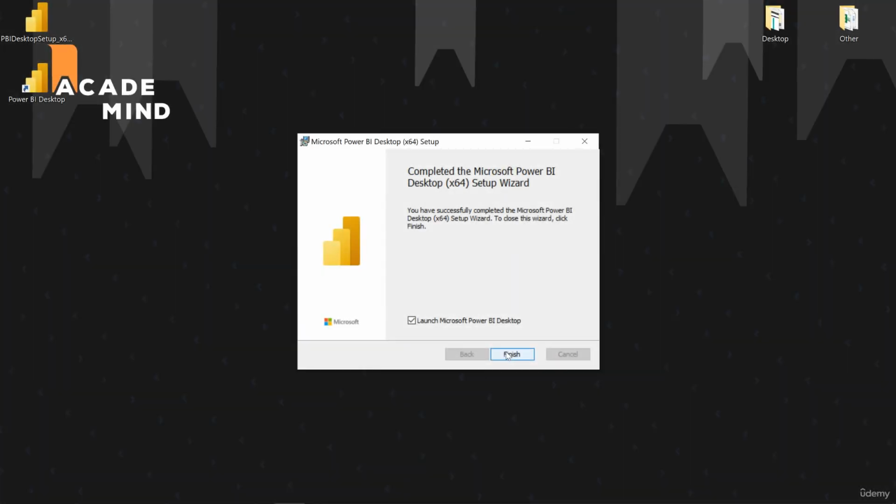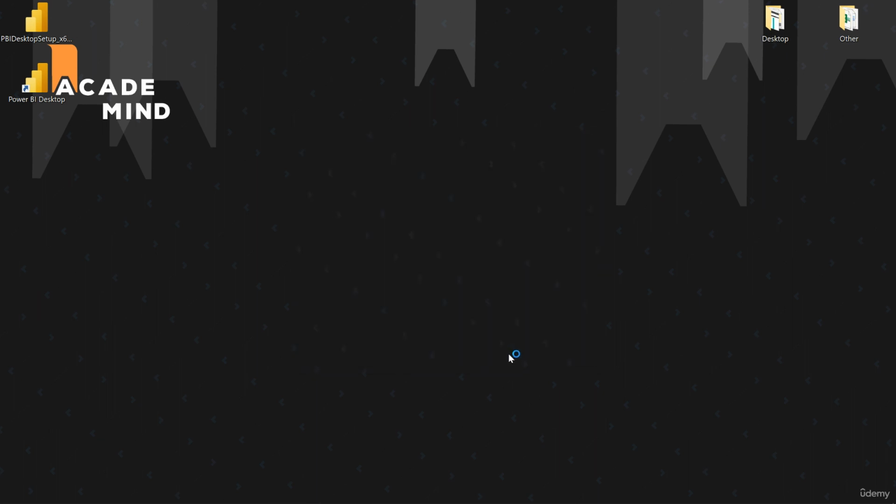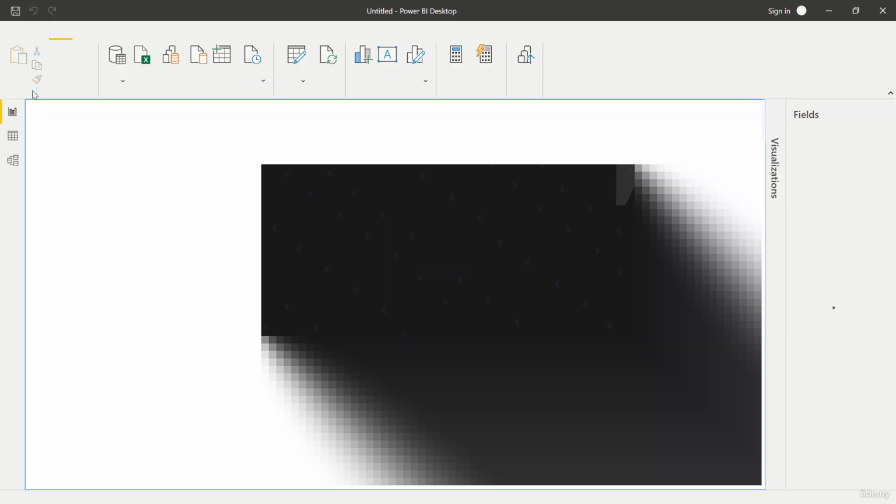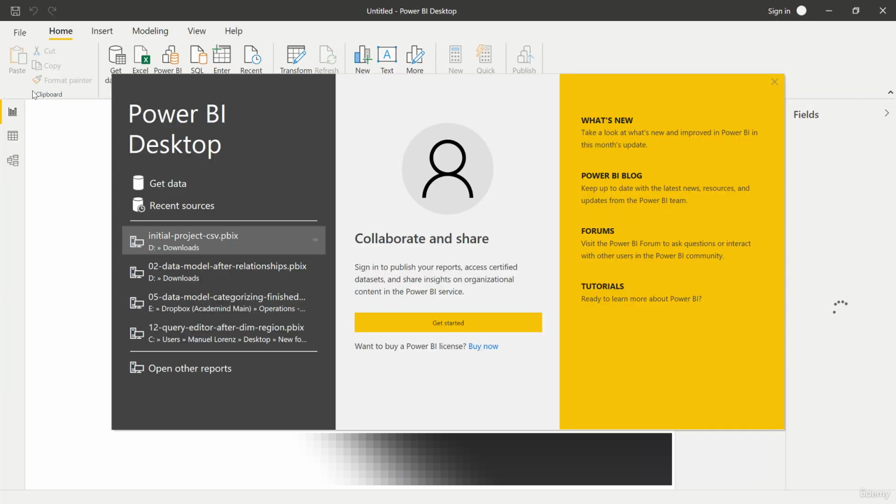Now the installation is done. And now we could launch Power BI Desktop immediately. I will untick this though and start it manually, as I want to give you one additional piece of information at this point. So let's untick this and press finish. And now you have the Power BI Desktop application here on the desktop. If we now double click it, we open Power BI in a new project. We also have to save a new one. We'll do this later throughout this introduction video. Just keep in mind, if you open Power BI Desktop like this,